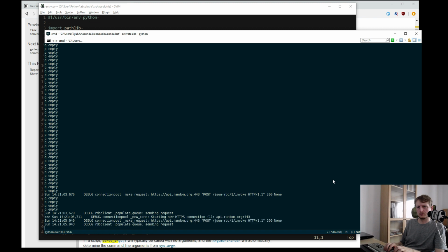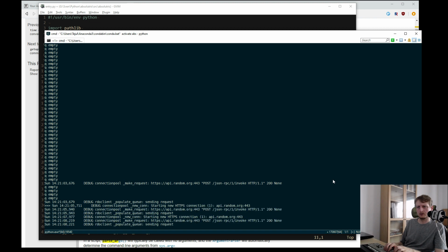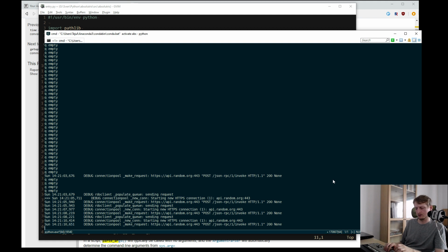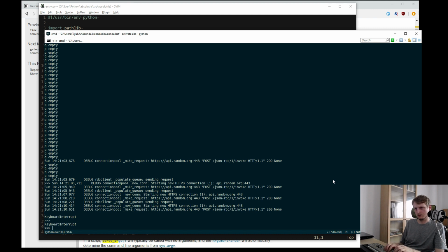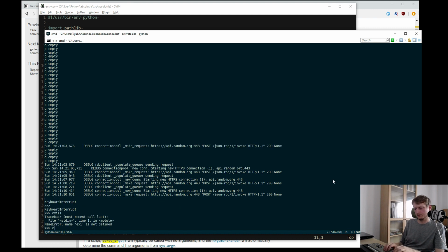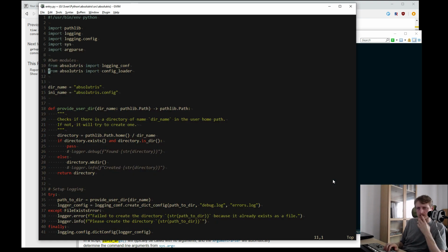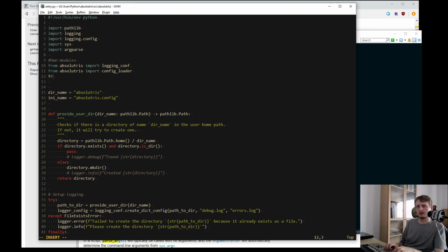Oh yeah, it does something. Good. So I shall probably say from absolutris... I don't even know how I actually want to conceive of how I want to think about the generator.